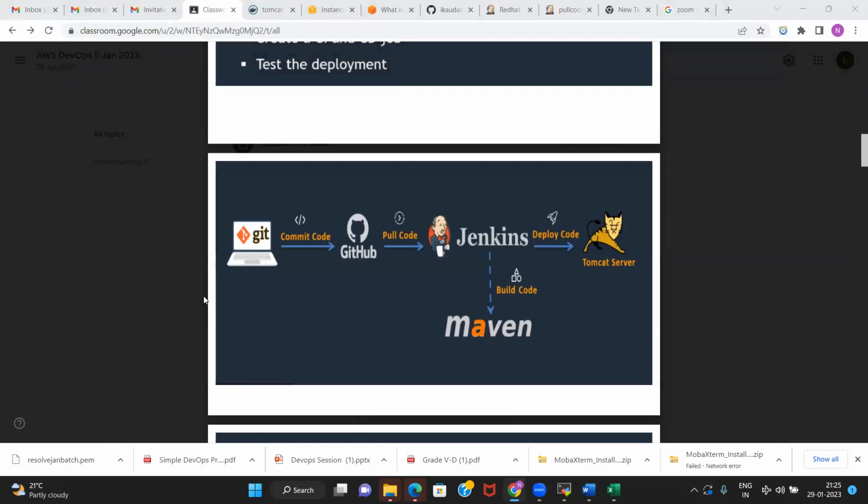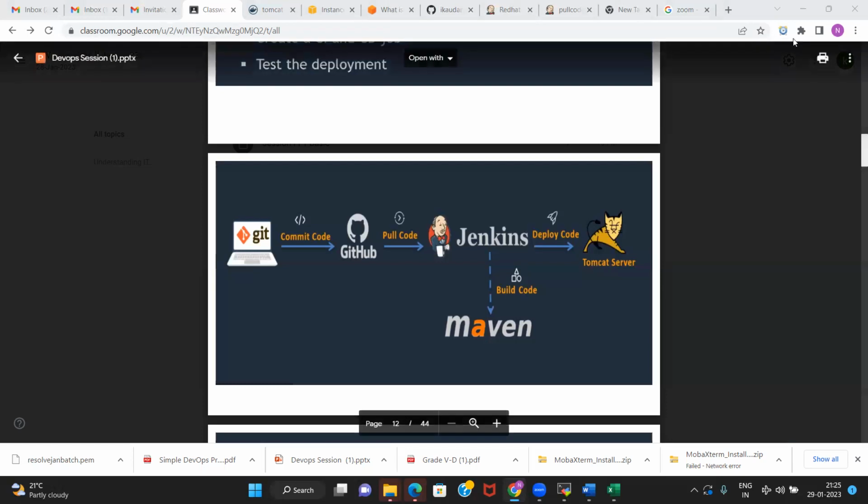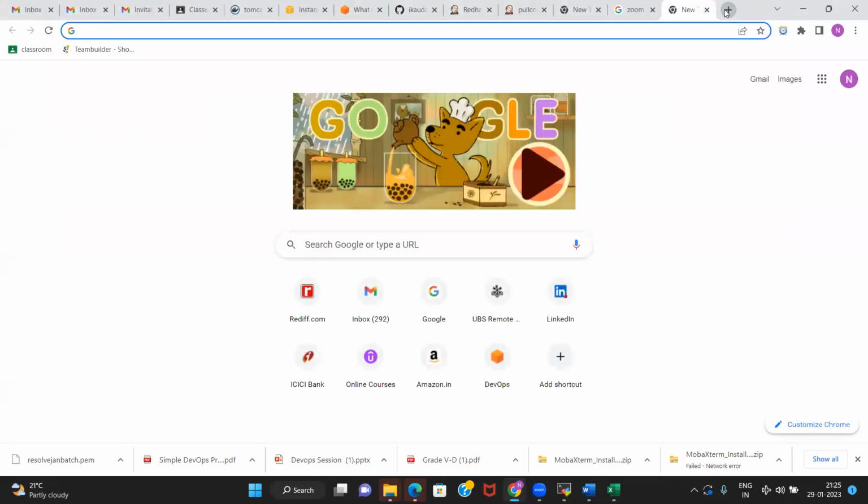Now we are up to the stage where we pull the code from GitHub. Now we need integration of Maven with Jenkins, so we need to set up Maven there on the Jenkins server.